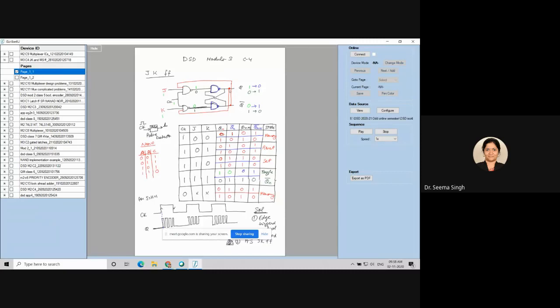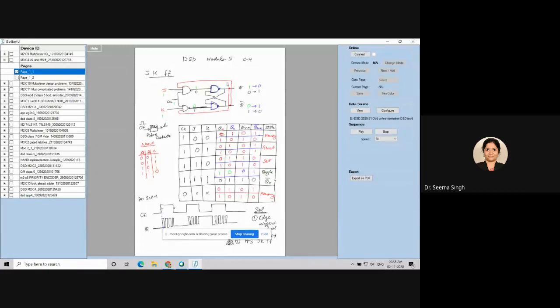We have a feedback from Q and Q bar, right? If we have a feedback from Q bar along with the first input and Q along with the second input, this is called J and K, and we are using a 3-input NAND gate. So this 3-input NAND gate at the first layer and 2-input NAND gate at the second layer, this circuit forms